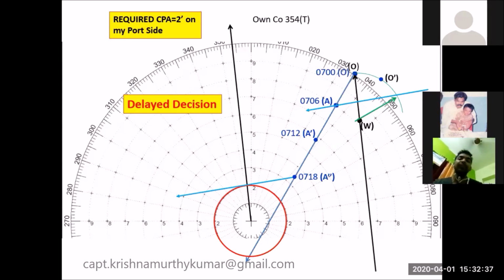So if you practice radar plotting periodically, even at sea, IMO recommends all officers of the watch should practice radar plotting. Whether you are a chief officer, a second officer, or a third officer, you might have been sailing for 20 years, never mind, but continue to do radar plotting during open sea, because there are certain very quick decisions you can take by just looking at the ships on the horizon, and then you will be able to.